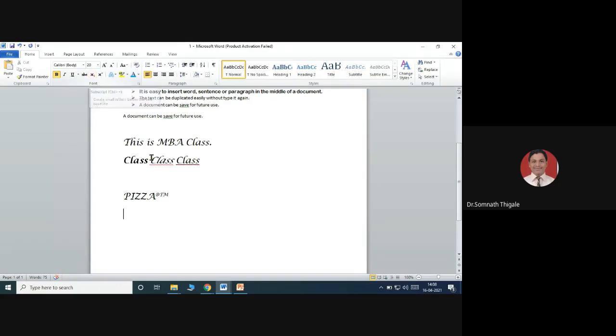I'll add one more word over here so that you can understand. MBA, for the same, I just want to add over here. So select this. You can reduce it, for the same, like that. You can do this. So these other options are coming over here, like clear formatting, which is there by default. Different color combinations are there. Then you can see the sentence case, toggle case and all.